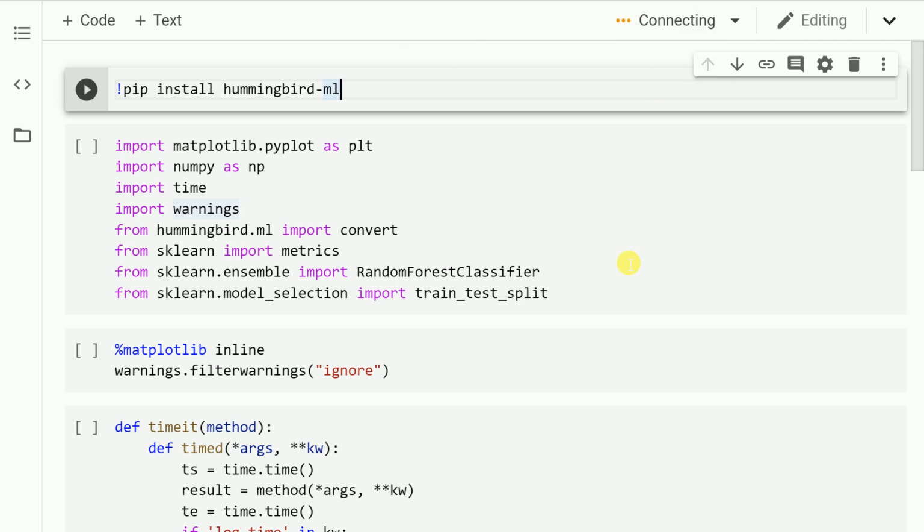I'm using Google Colab for this demo. Now that the instance is created in the Google Colab environment, let me install Hummingbird ML first. Before I even do that, let me tell you that I'm using a GPU as backend and not a CPU, so that I get even faster inferences when I use Hummingbird's conversion. In order to use Hummingbird ML, which is the Microsoft package that I just talked about, we'll have to first install it. The conventional way of installing a package is pip install hummingbird-ml. So let me run this cell.